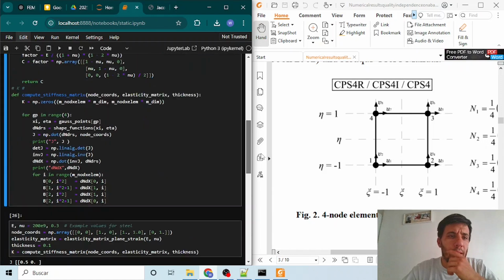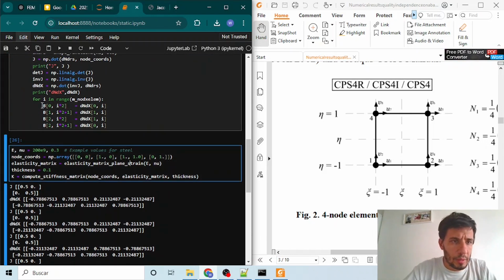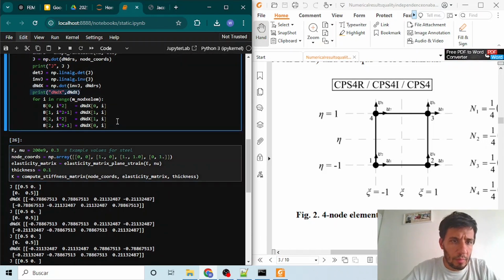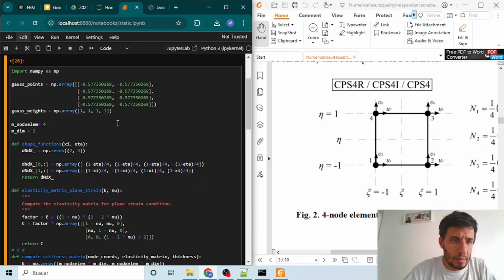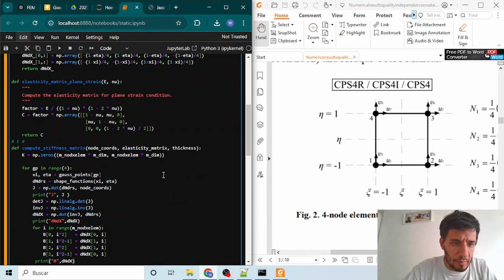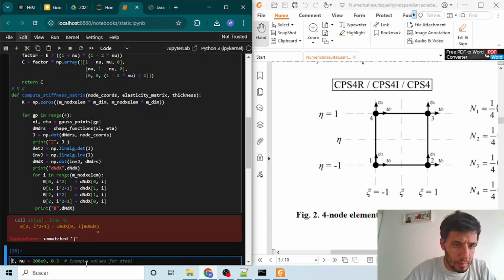Okay, so to do this, we will be doing the following in order to obtain our correct arrangement, and then we'll have our B matrices related to the derivatives of our chain function.